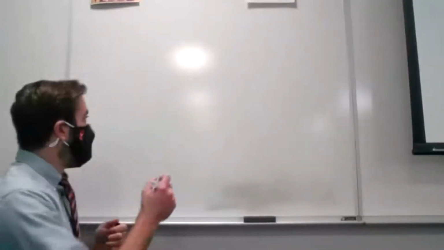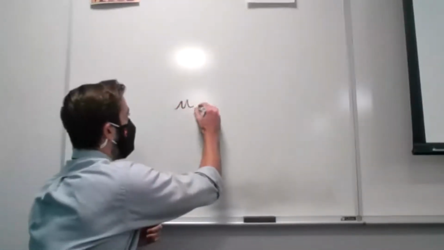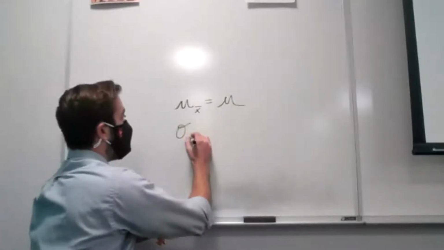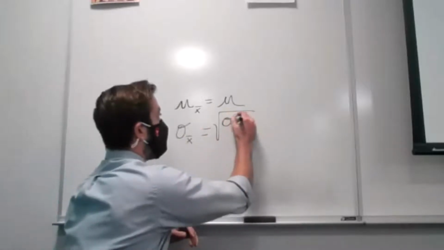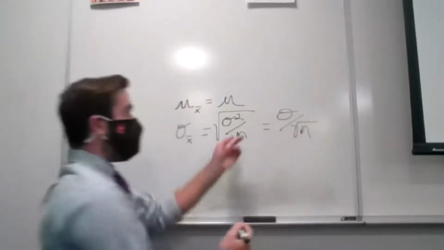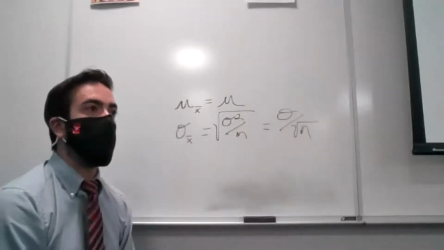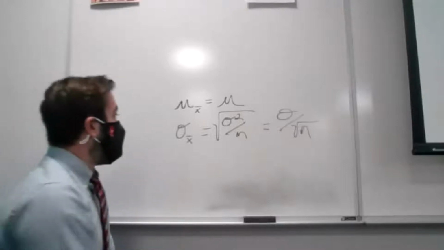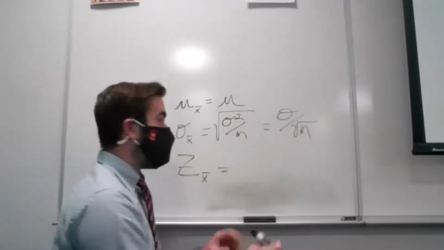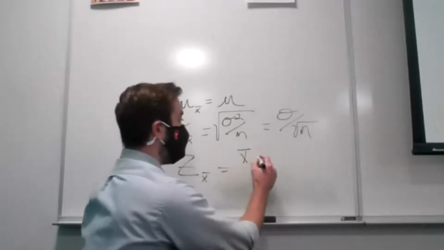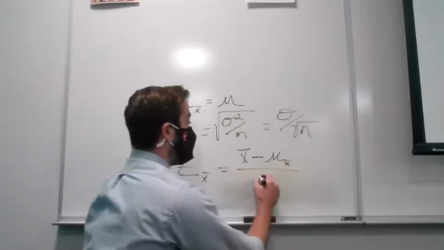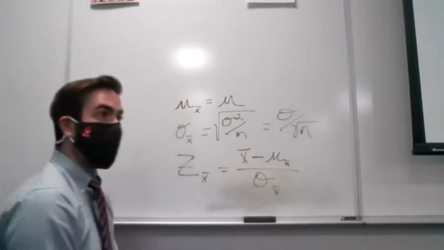Kind of set this up, what we had was the mean of my sample means was equal to the population mean, and the standard deviation of my sample means, we said there's really two ways to write it. Both ways mean the same thing, just a little bit of rearranging mathematically. We then said that z-score we could use for any value of the sample mean we were interested in was take whatever cutoff value we're interested in for the sample mean, subtract the mean of my sample means, divide by the standard deviation of my sample means.